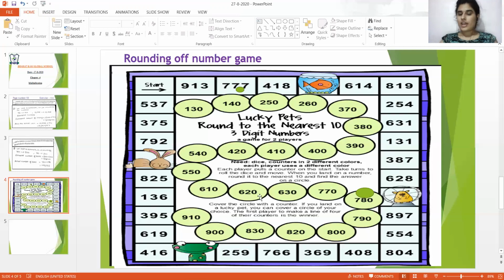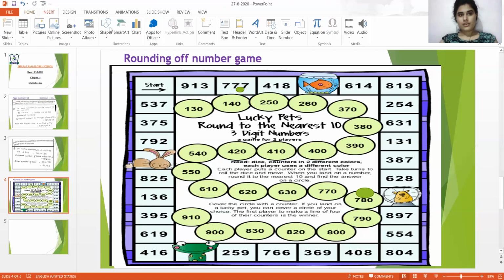Like you can cover any number. For example, here, if your number comes to this one, you can just put your counter